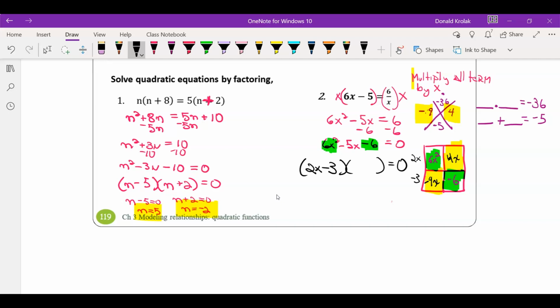Okay, now the columns, 3x. Here, 2. And what makes each one of these equal to